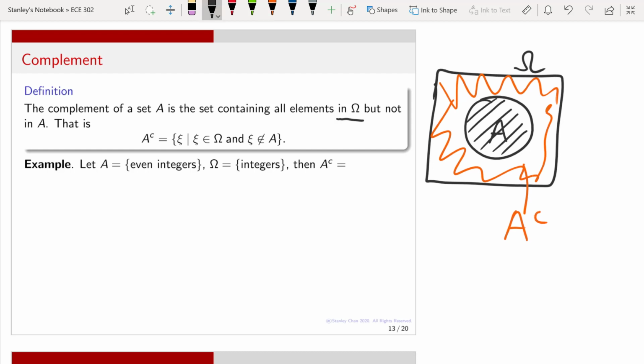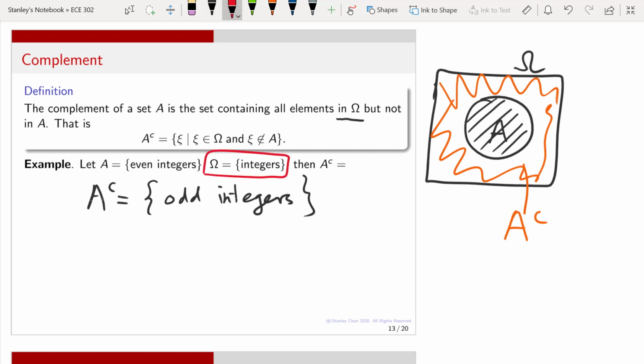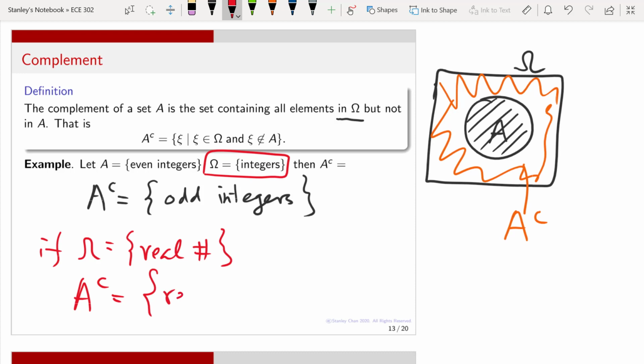For example, if A is the set of all the even integers and omega is the set of all the integers, then A complement would be the set of all the odd integers. Now, pay very close attention to this omega. Here I'm defining the omega to be the set of all integers. If omega is the set of real numbers, okay, then A complement is not just the set of all the odd integers. It would be real numbers